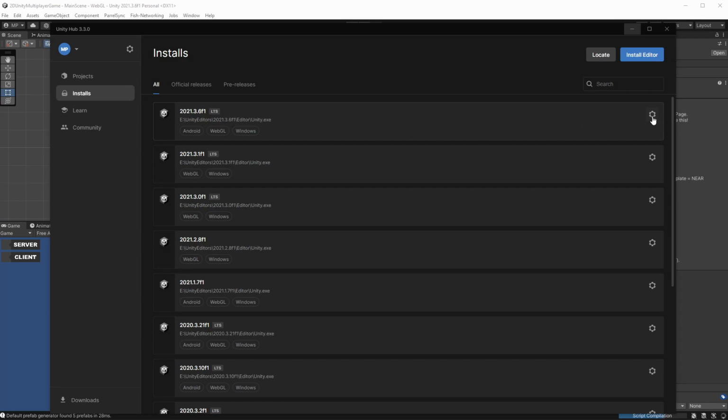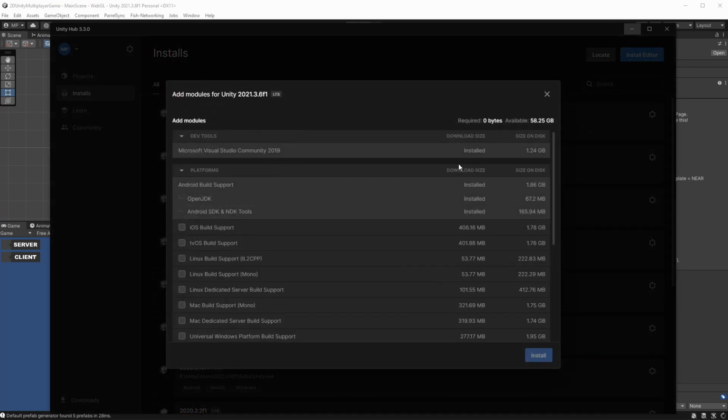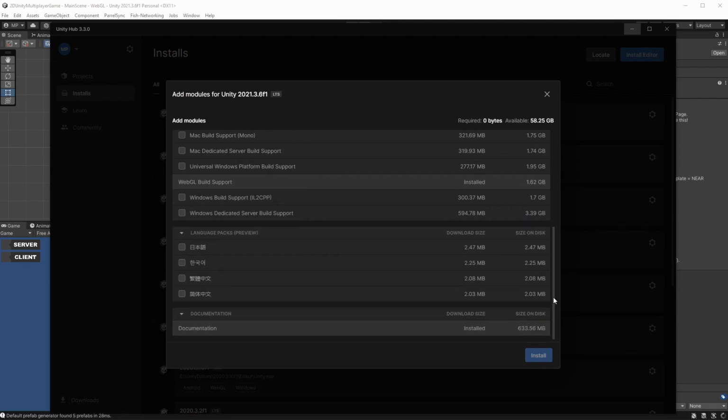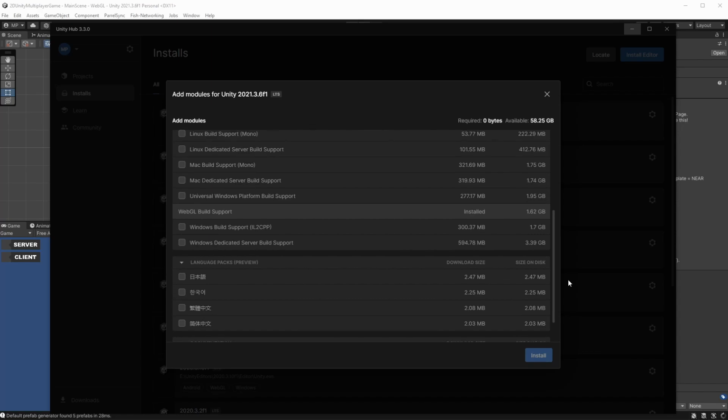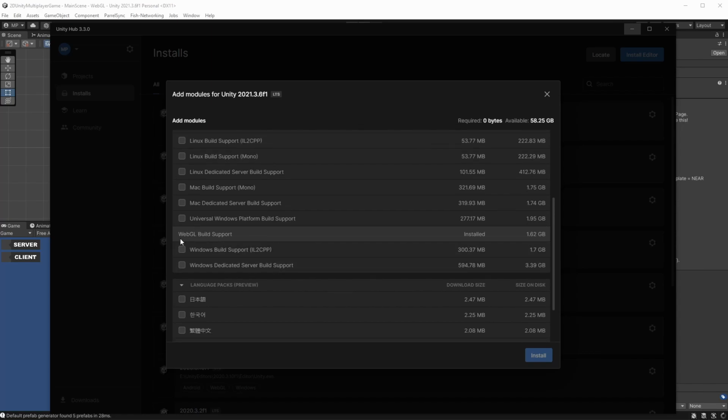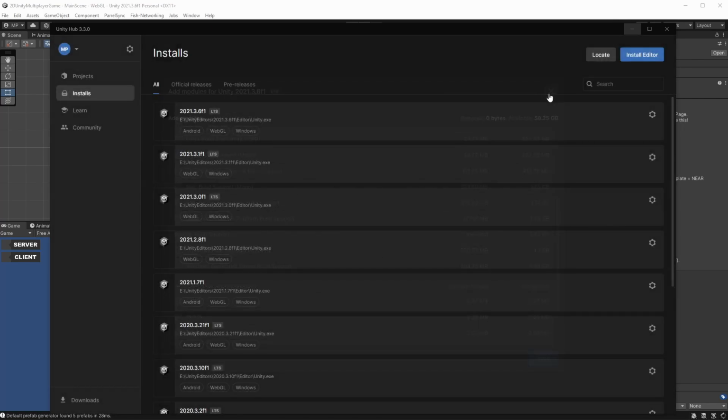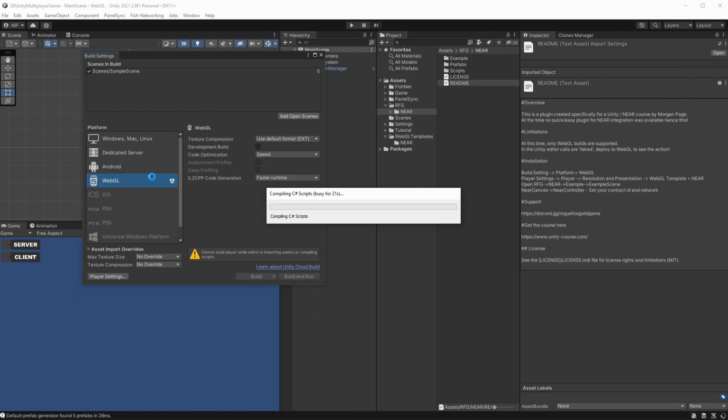and for the version of Unity that you're using for the project, you will want to click on this cog here, click add modules, and just make sure that you tick, there you go, this one here. It's already ticked for me, that's why I couldn't see it. But yes, if WebGL build support is not ticked, tick it, click install, and that will make it appear in this platform